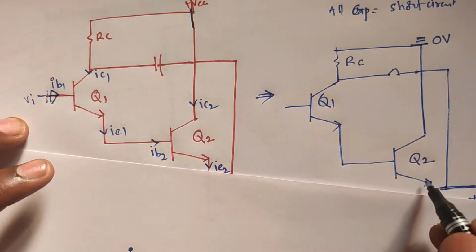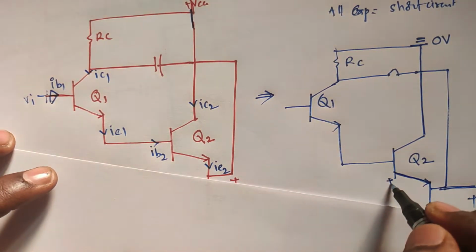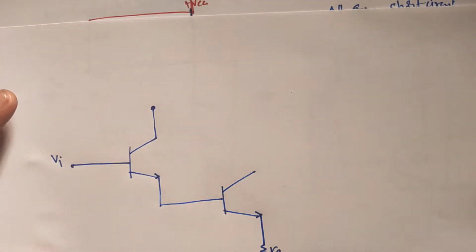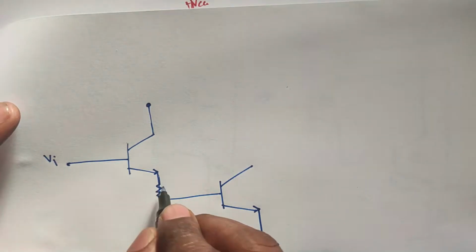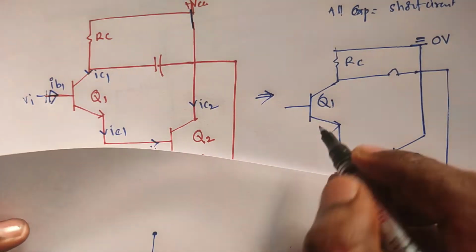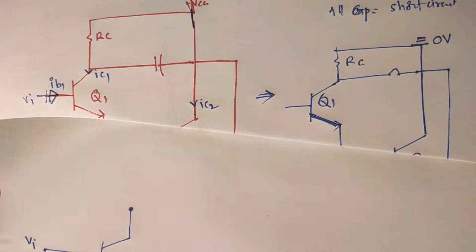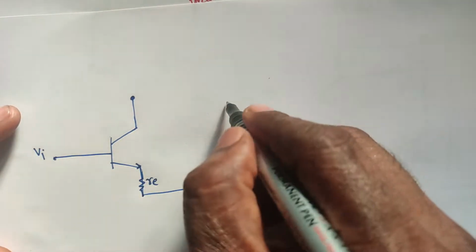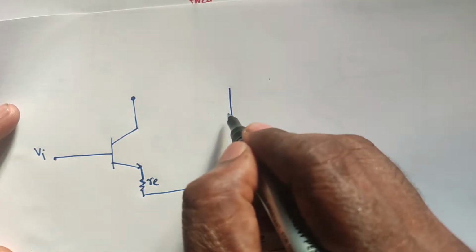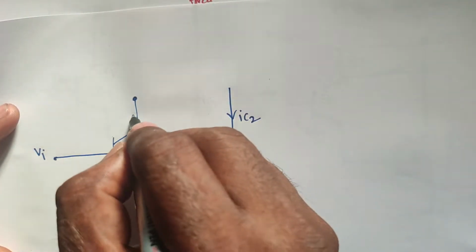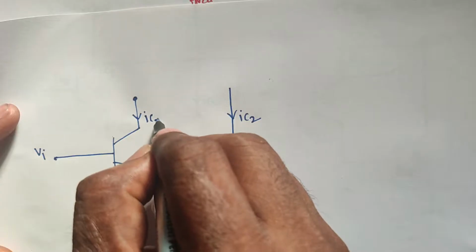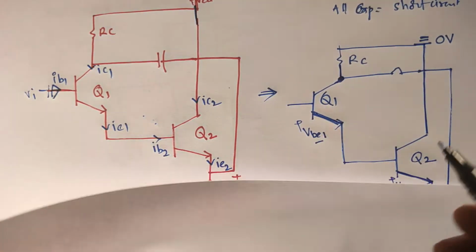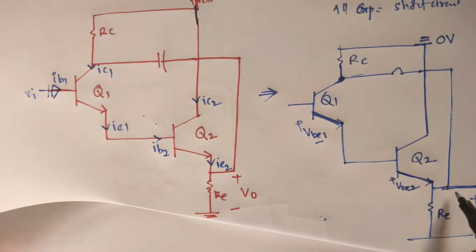Why did you take that small re? It means at the emitter junction, due to the VBE2 voltage, some voltage is dropped. Similarly, at this point also we have small re, that is due to the first transistor emitter junction, that voltage is VBE1, like that. And the output value is IC2, here IC1. From this, the RC value is connected from collector to ground, and this terminal is also connected to ground.